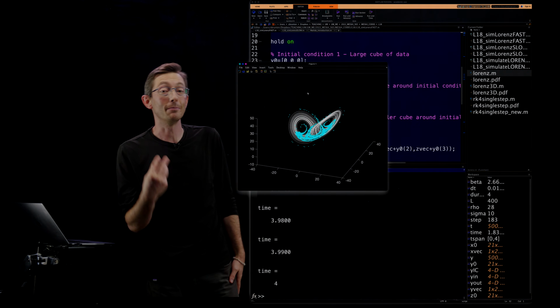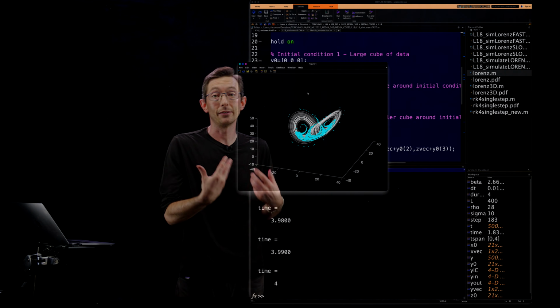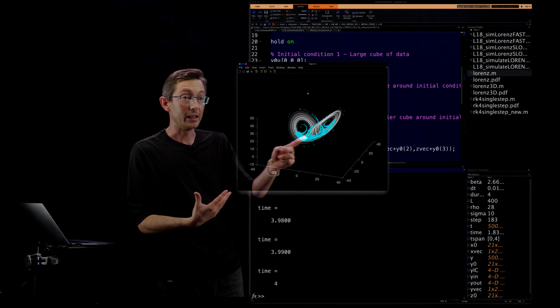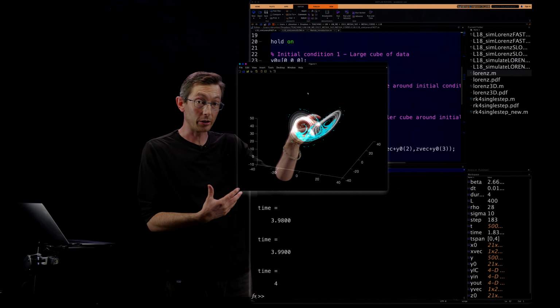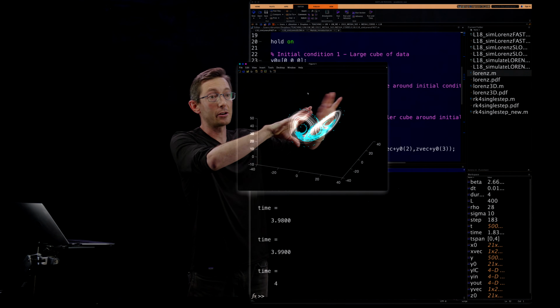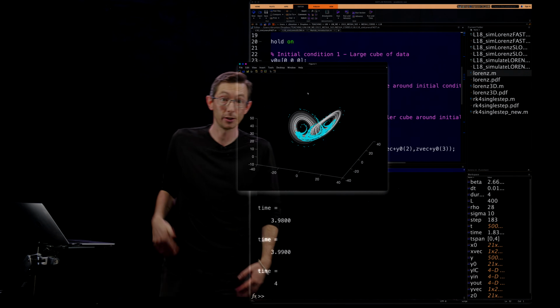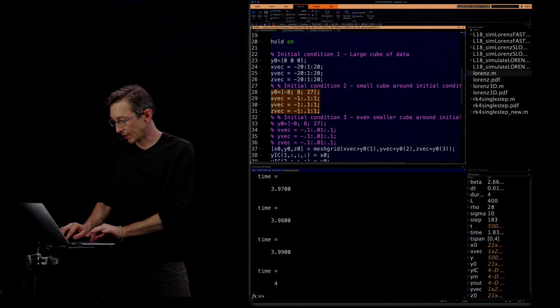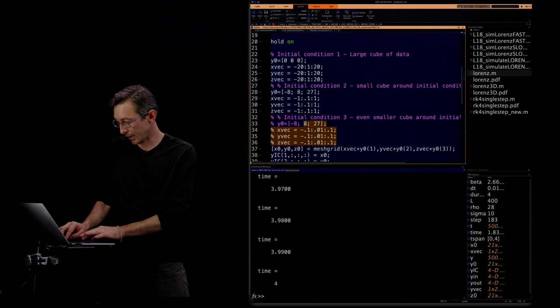And that's what we mean by chaos and sensitive dependence on initial conditions: even though that cube of particles started close by to that initial condition, after some amount of time they kind of smear out to very different places on this attractor. And I can do this for an even smaller